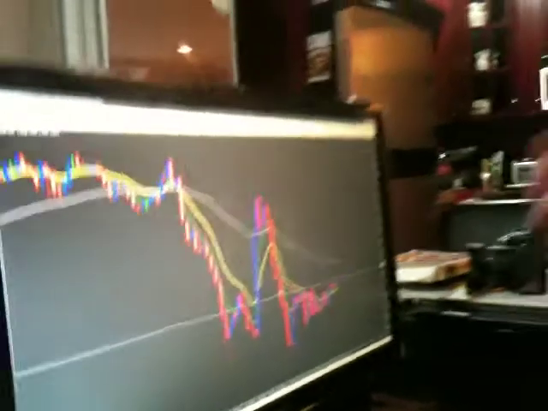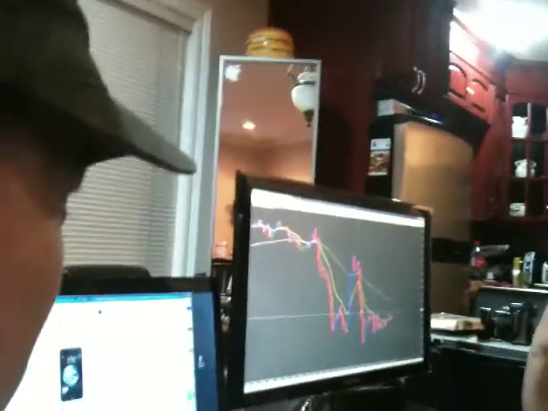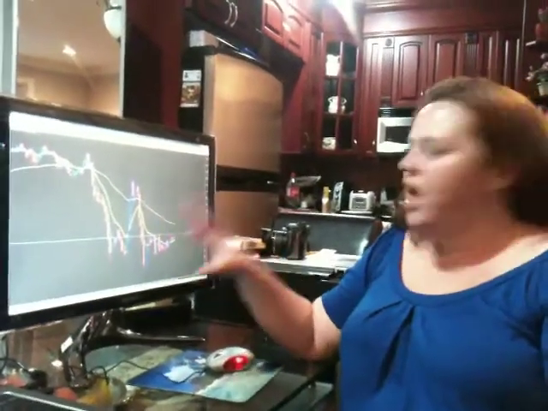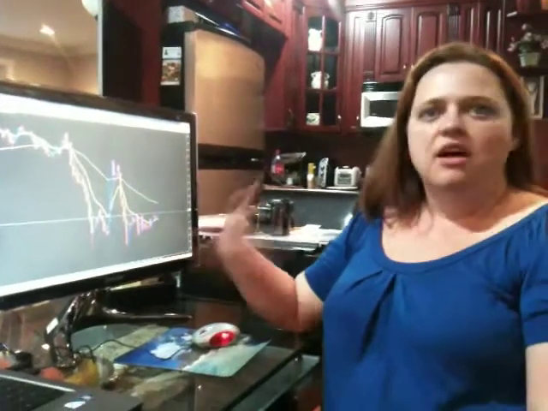So this is what we're going to teach you: all the confirmations that actually go into taking the trade. These are all the things that I teach you in my room. Slowly. This is kind of quick, but slowly so that you can really grasp it, because this is the fundamental. This is the foundation of your education. If you don't have this, you have just nothing.